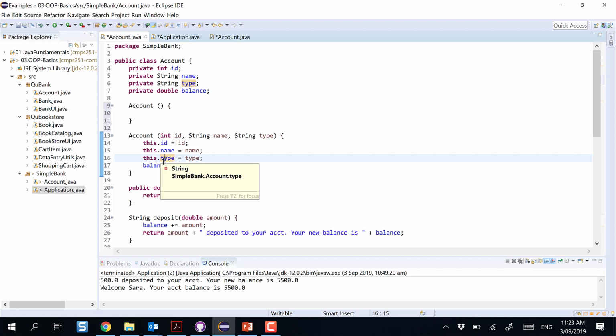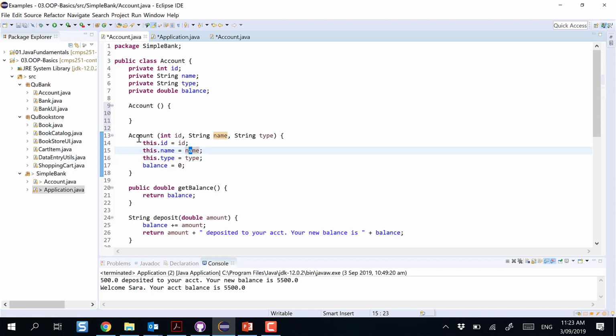A special method. It has the same name as the class. It has no return type. It is used to initialize the attributes. Is that clear? Yes? Okay. Now, what I have here, just to explain,